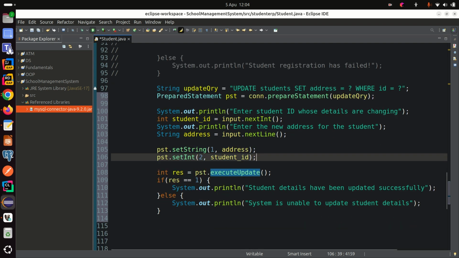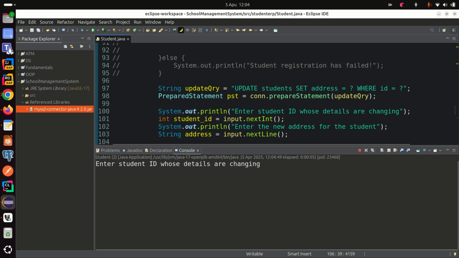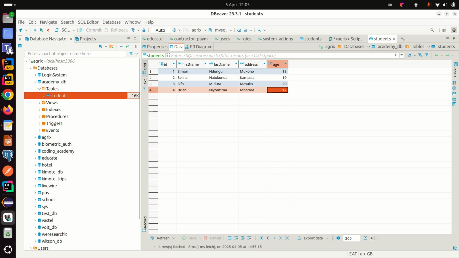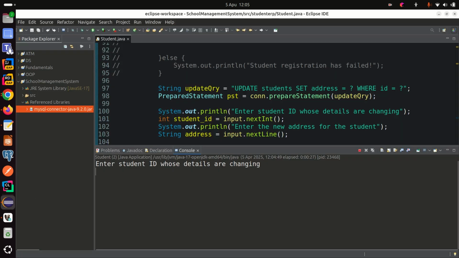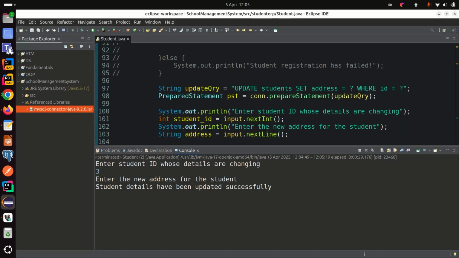So okay, we will run this query, and I first restore my console, and they are telling me enter student id whose details are changing. So the id, maybe I'm changing the Medura C5. I want to change her address. Maybe it is not Masaka, maybe it is Iganga. So her id is 3. Okay, so when we come here and we put 3, they ask me